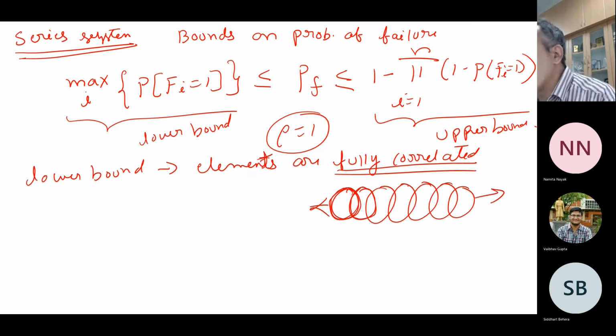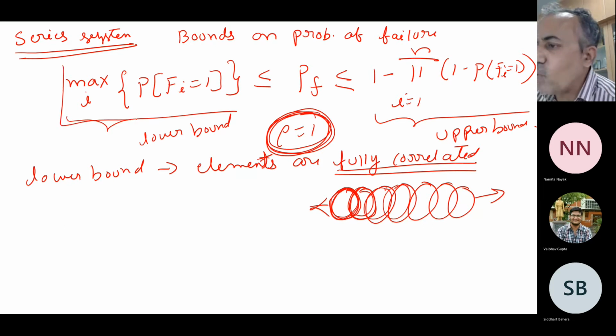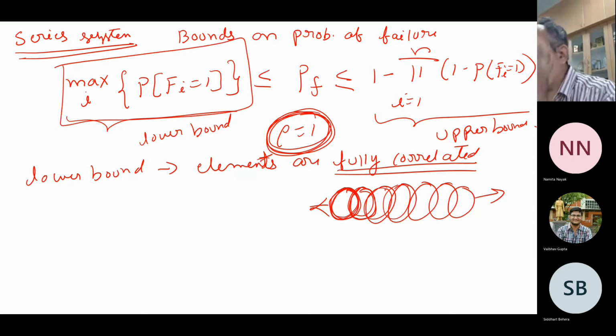All the chains, all the links will break at the same time actually, because they are highly correlated with correlation coefficient 1. So the correlation coefficient is 1, that means all of them are similar, they have the same everything. So everything will break in one go. That is a system failure also. But one chain collapsing means at the same point of time all the chains will collapse in just one go. So that is the lowest bound. You can prove it mathematically by using the inequalities and other things. So this is a lower bound.